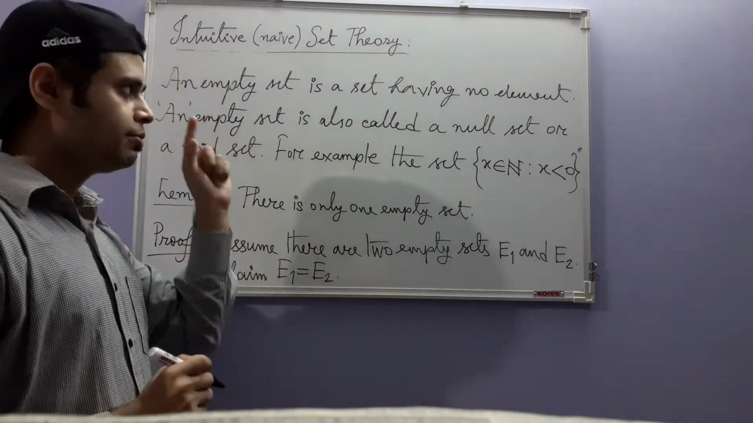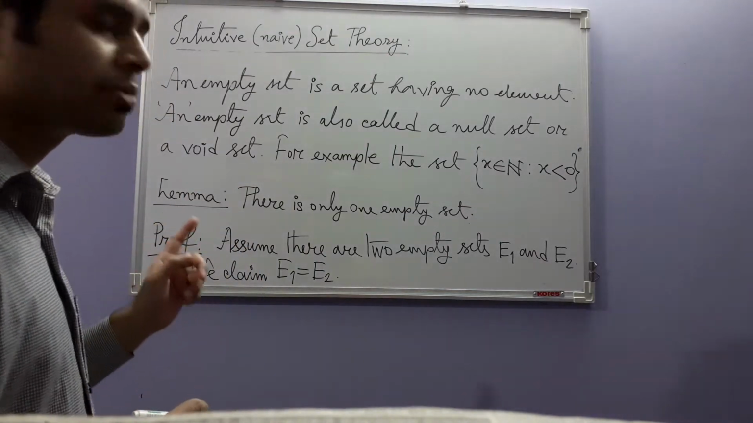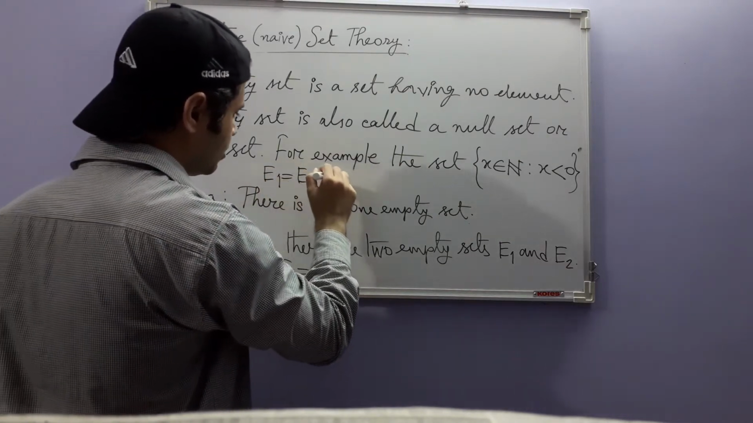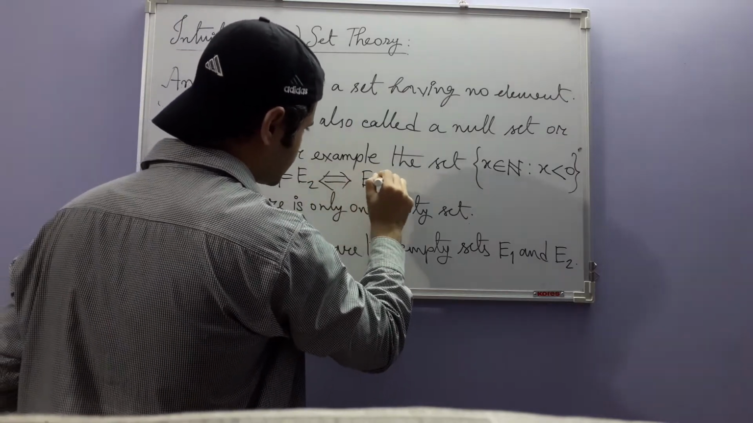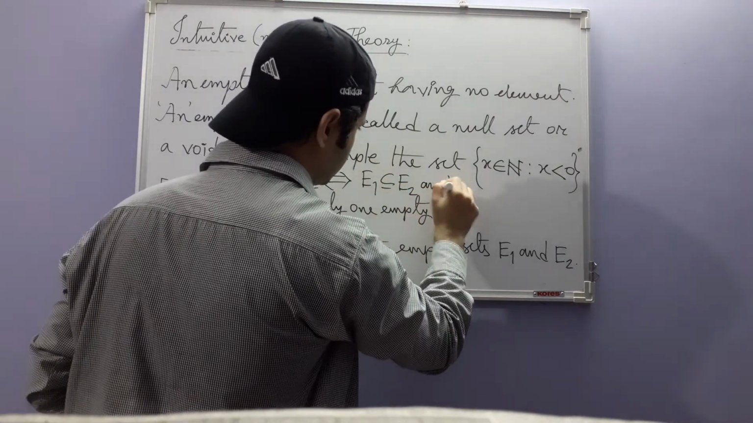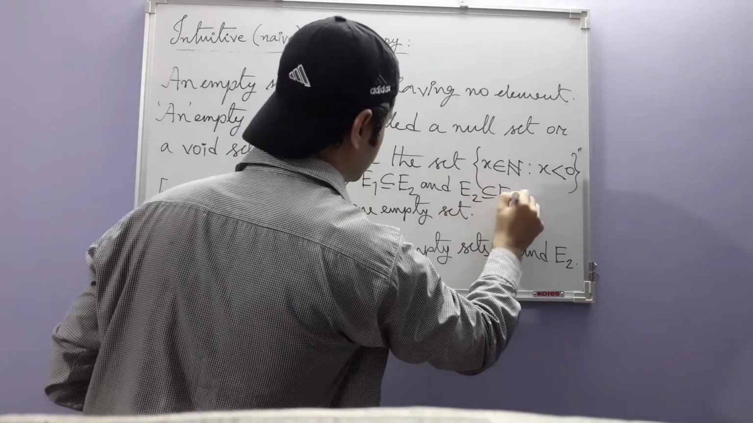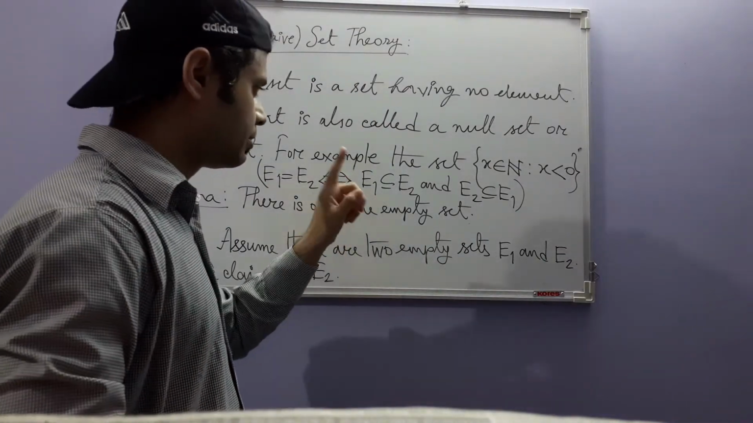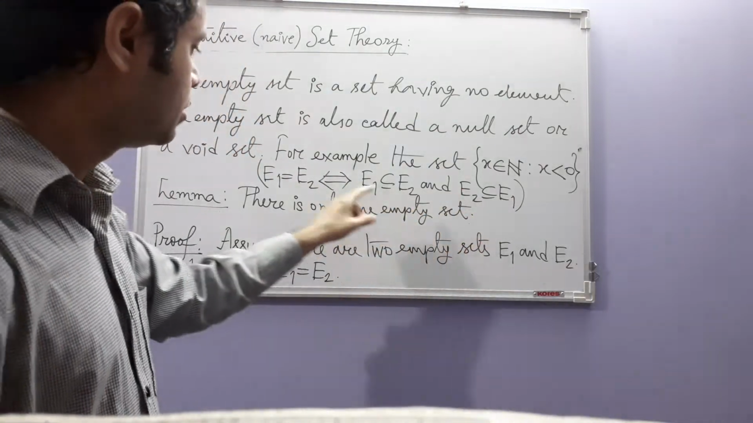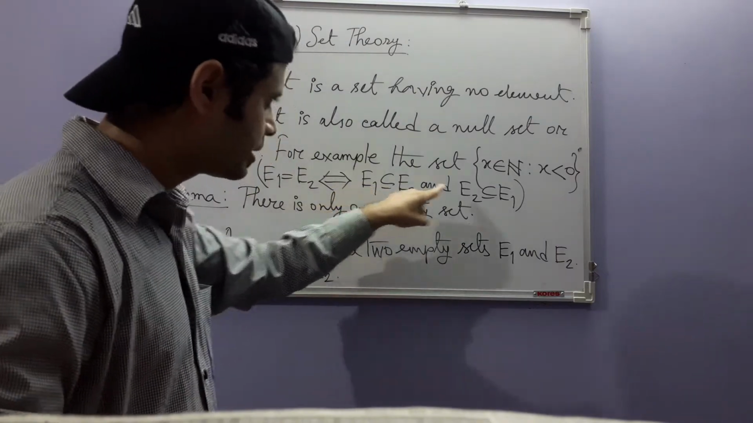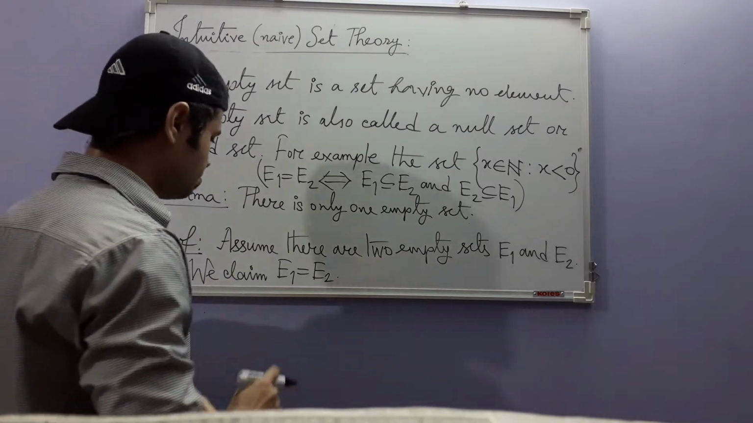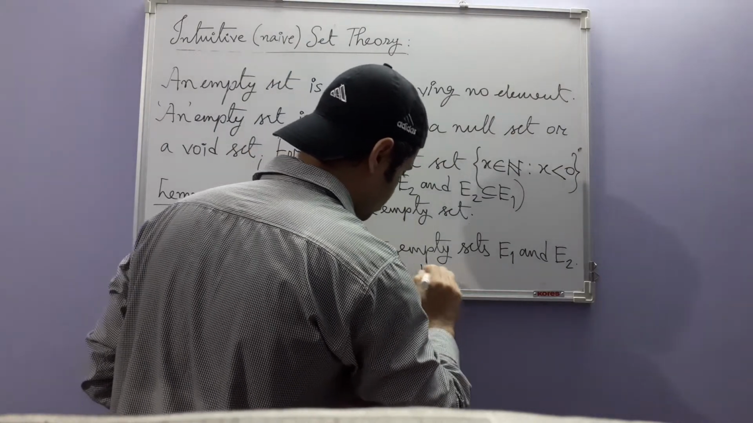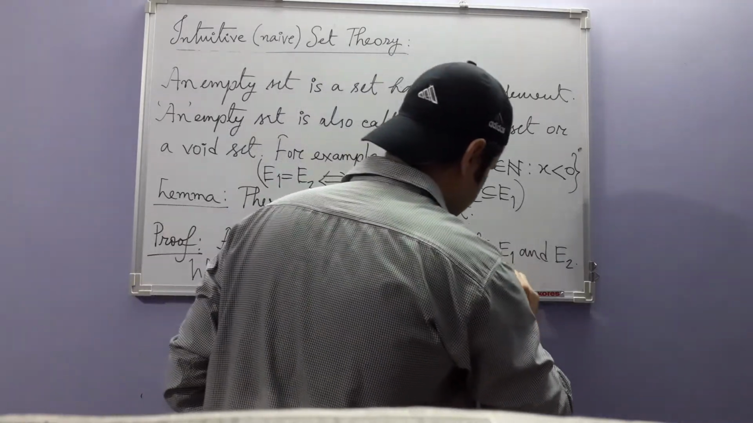Now, how do we prove this? If you recall from one of our previous videos on set theory, E1 is equal to E2 if and only if E1 is a subset of E2 and E2 is a subset of E1. And this is called the principle of extensionality of sets. That time I told that this is a standard procedure for showing that two sets are equal. You show that this is the case and also this is the case. So we are to prove E1 is a subset of E2